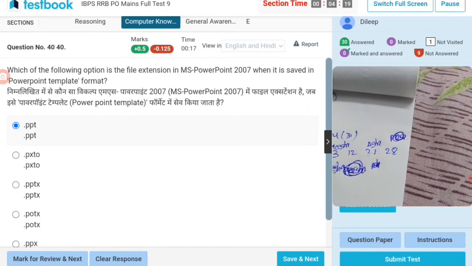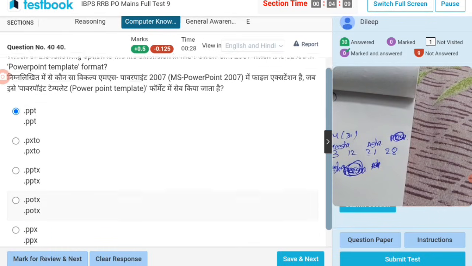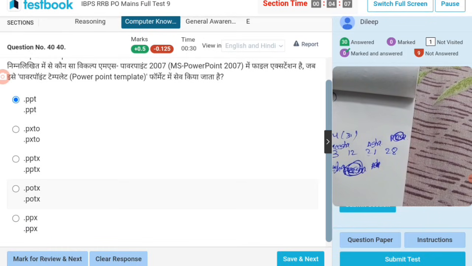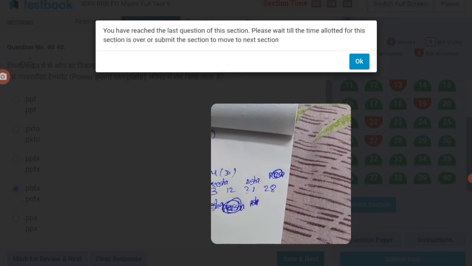Which of the following option is a file extension in MS PowerPoint 2007 when it is saved in PowerPoint template? PPT or PPTX? PowerPoint template is